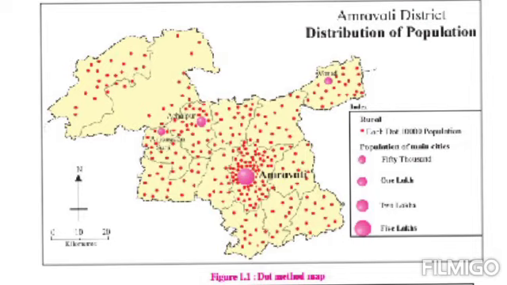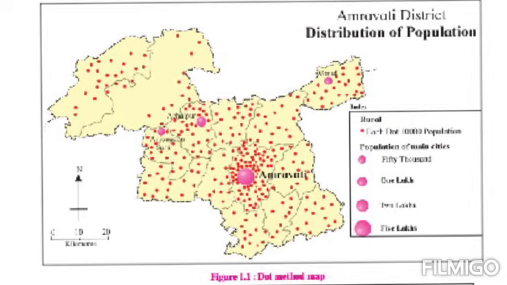Now see in this map where we find all these 5 types of dots. These 4 dots are the urban area only, at 4 places, and almost everywhere else the small dots are assigned. So that is rural area. Now we'll see the questions. What is the first question? What is the population of Amravati town? Now you can see clearly the big circle is there, and that is 5 lakh. Answer is 5 lakh.